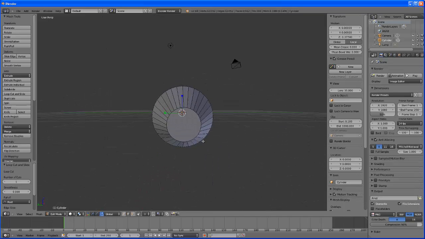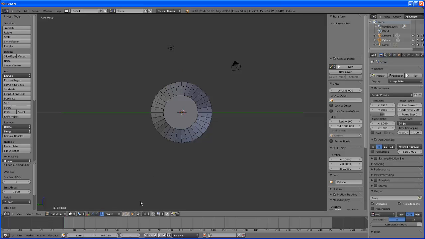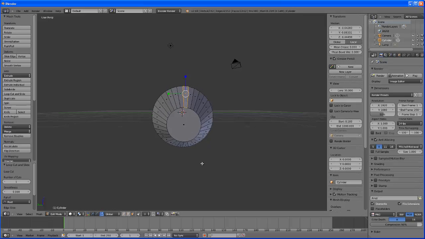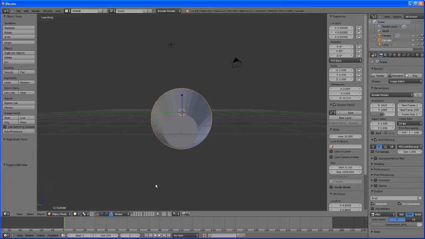I like to do the back because I can find one that's going straight up, and if it's not, I can rotate it just a little bit. So if I click on this face right here, I want the one going straight up, and that's not quite going straight up, so I'm going to rotate this whole thing. If I go from edit mode to object mode, then I can rotate it. I click the rotate button, and I'm going to rotate it so that one of them is going straight up as much as I can get it straight up. And that looks pretty good. Now go back to edit mode